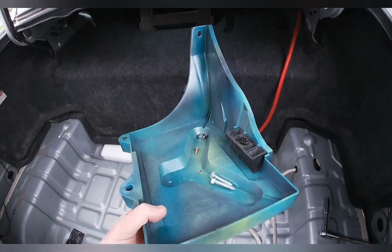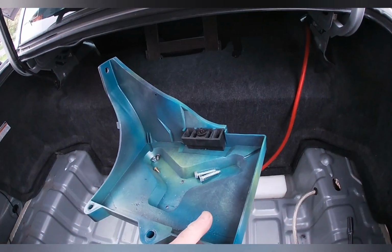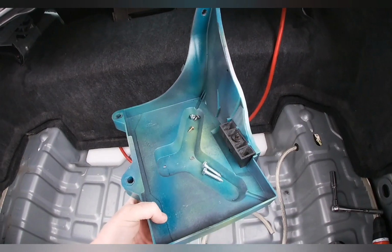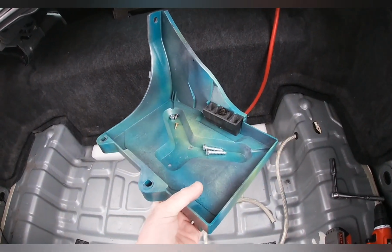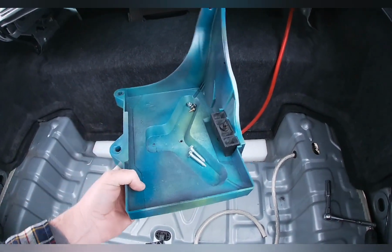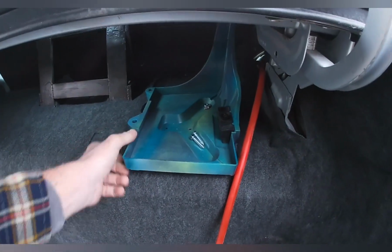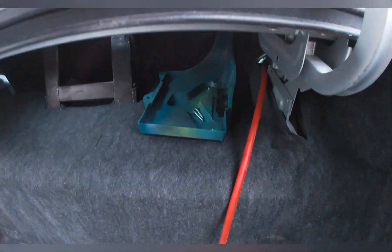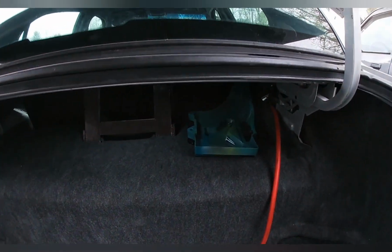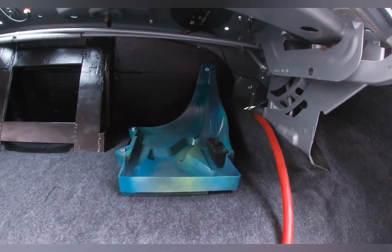Now this right here is a factory Lincoln battery box that goes in the front of the car. When I got this, it was out of a junkyard and been sun faded real bad, and when I cleaned it up, it looked real rough. So I gave it some splatter paint. And that's going to sit in right there. Got the battery tray mounted in there solid,